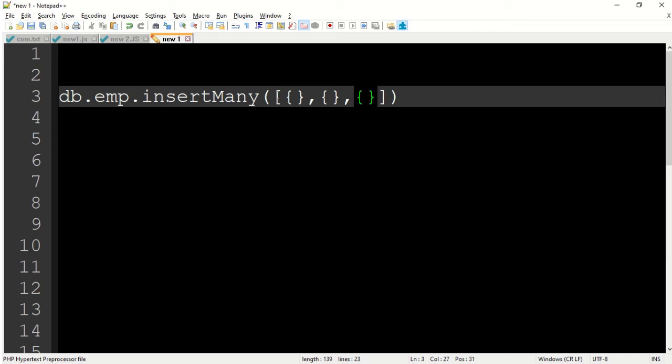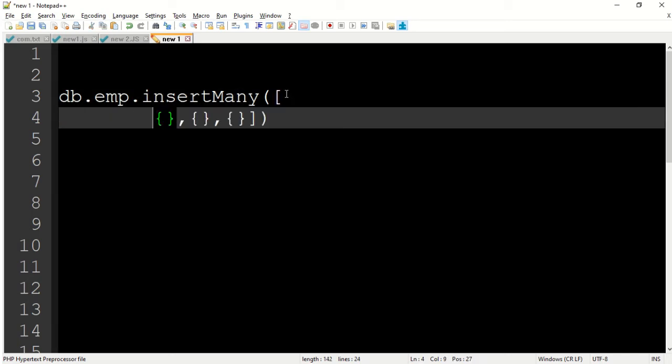So these are the documents. This is the JSON document that you insert here. So here 3 records or 3 documents will be inserted in this case. If I break it, it can be done this way.